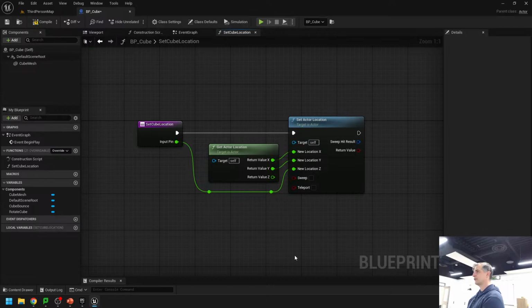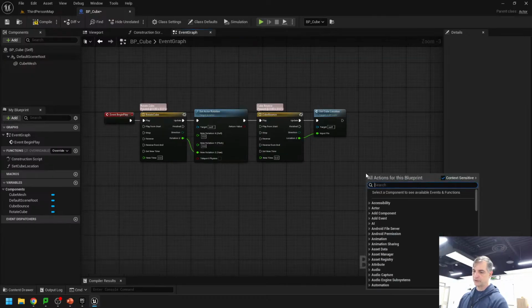By the way, if you're confused, I understand. This is coding, right? So we're going to undo this, but I wanted to show you what functions are. Functions are a set of nodes we can reuse over and over again, okay? So let's just do that. If I undo, by the way,